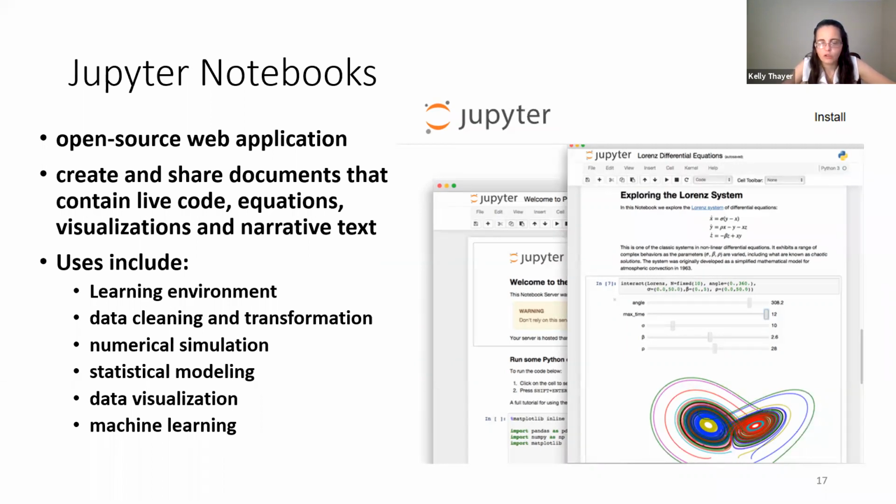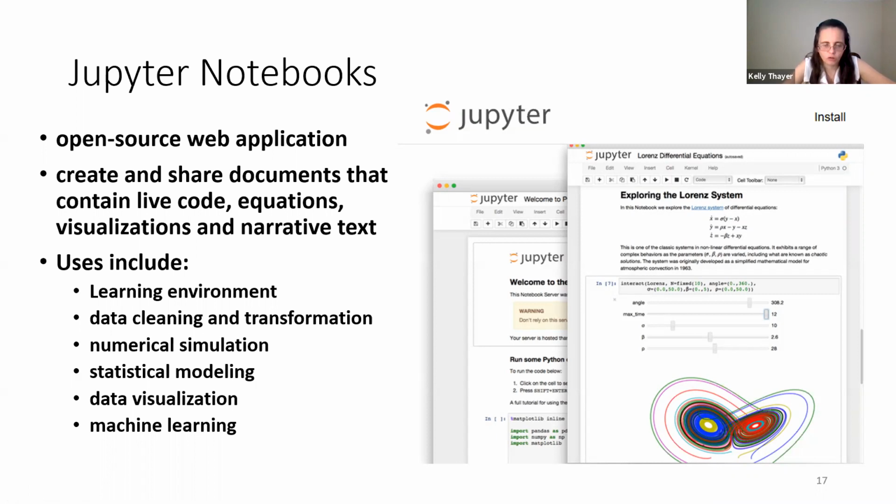The great thing about it is you can actually have some code right in here, and then you can actually execute the code. And when you post it, then the users can actually go in and change that. And so you'll be experiencing that today. You'll be asked to start with some Jupyter Notebook with some standard code in it, and then you will be invited to play with that code and to interact with it and then run it to see what will happen differently. The uses of Jupyter Notebooks include using it as a learning environment like we'll do today,